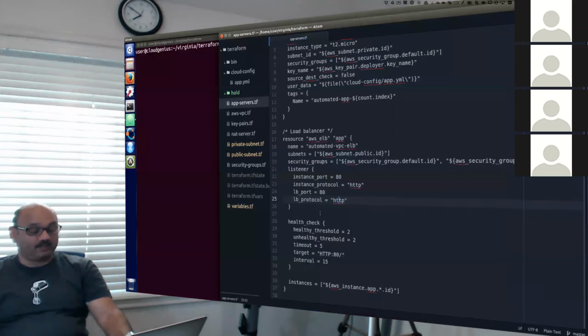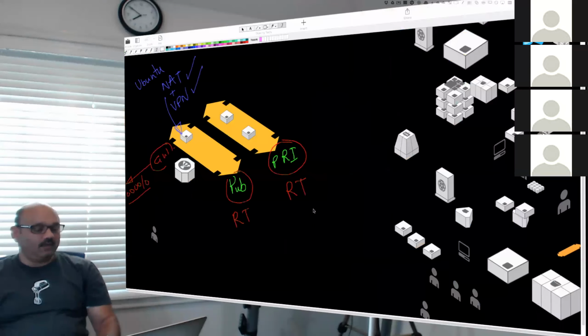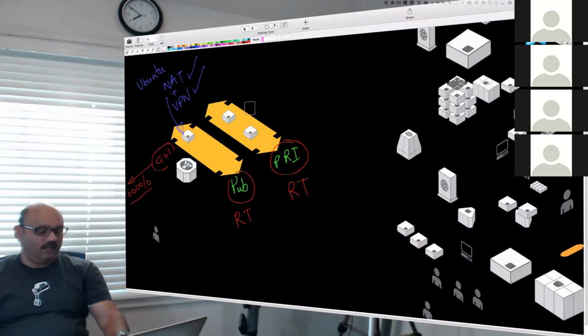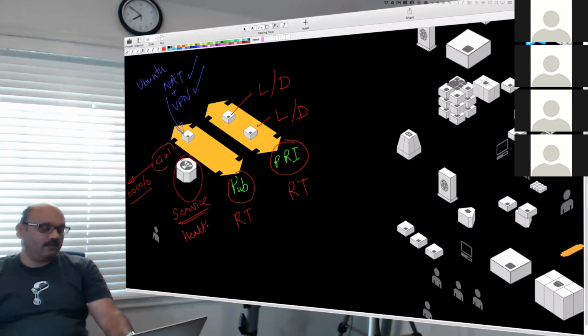Next, we want to do some health checks. These health checks basically check whether your machines are still living or dead. So this service needs to do a health check. Health check on what?